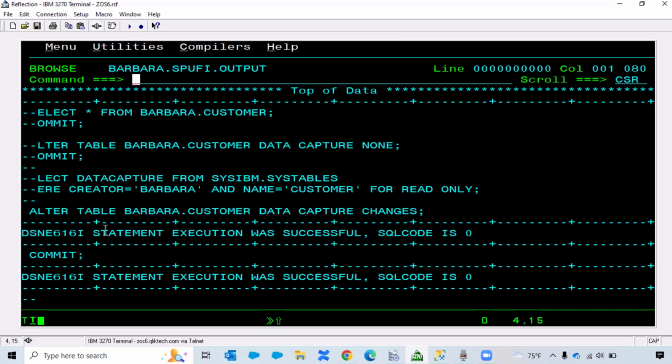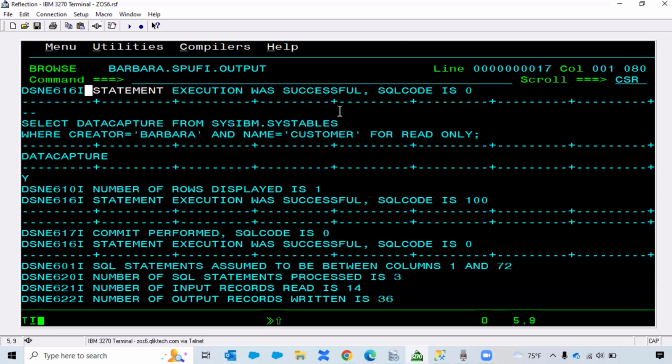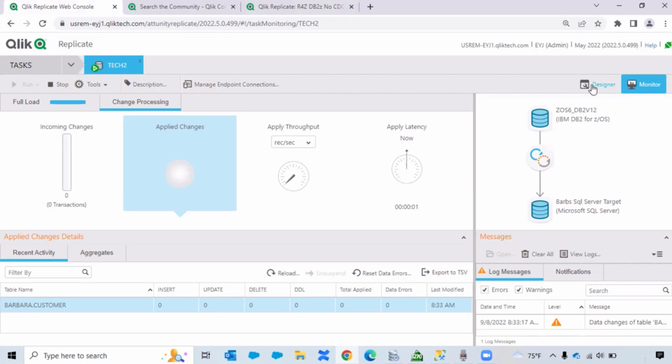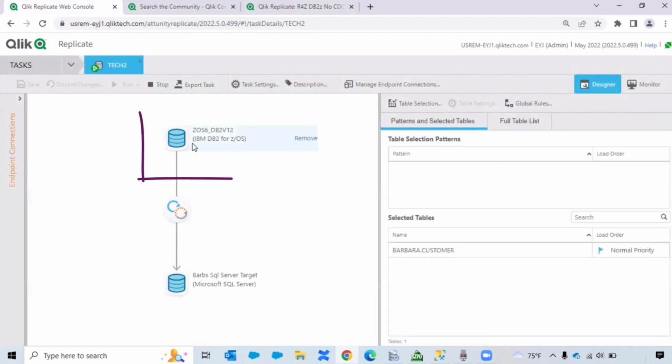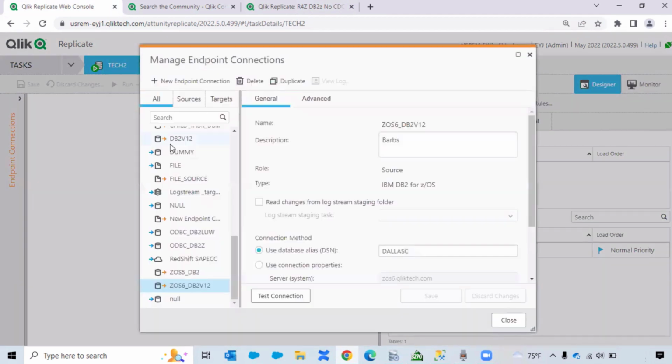I'm going to page down, or PF8 key, and it's showing data capture, yes. Great. So we see that it's now turned on. If we weren't an admin or didn't know how to adjust settings in Mainframe, where would you correct that from the Replicate side? Sure. The place to correct that is simply by going into the endpoint definition and going to